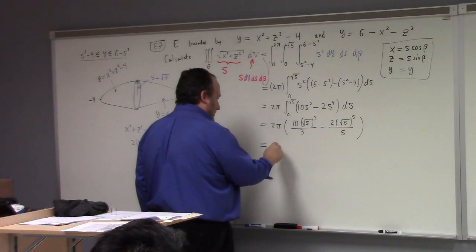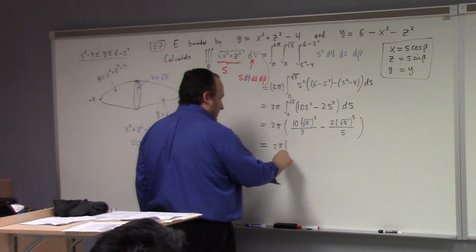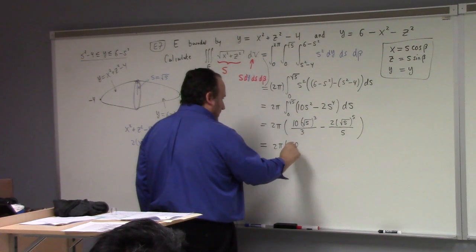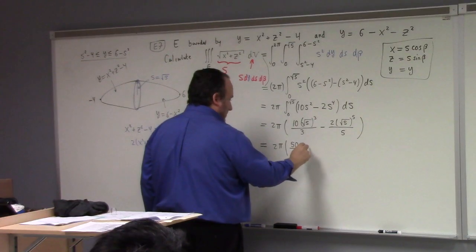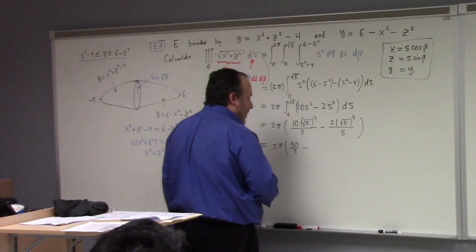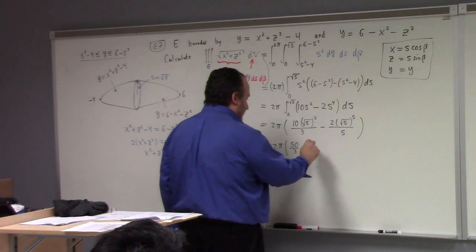Which is 2 pi times 50 over 3 minus 50 over 5